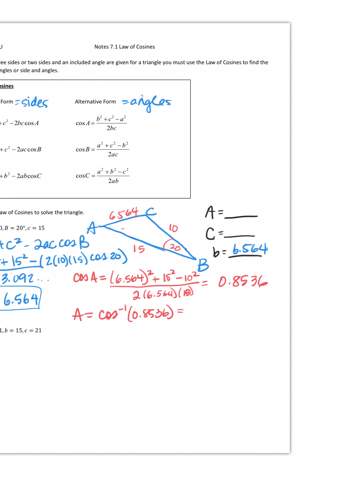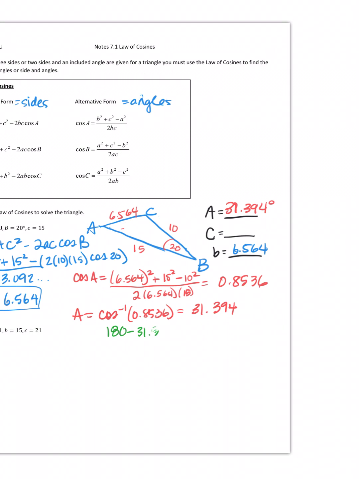And I get an angle value of 31.394. This is A, 31.394 degrees. Now, to find angle C, you don't have to use one of the formulas, you just use what we know about triangles, okay? It's going to be 180 minus the angles we know,